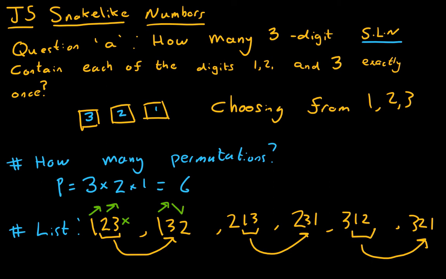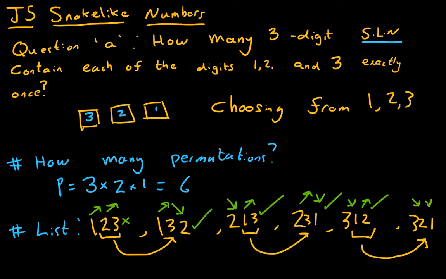That goes down, and that goes up, so this is a snake-like number. This goes down and that goes up. That is snake-like. That goes up and that goes down. This is snake-like. This goes down, that goes up. So that is snake-like. That goes down,